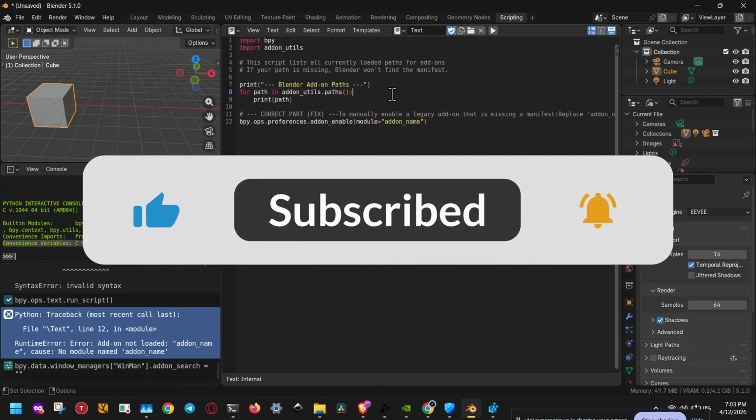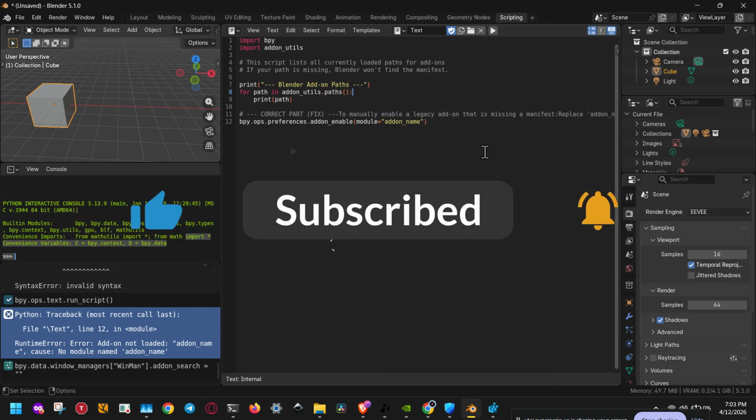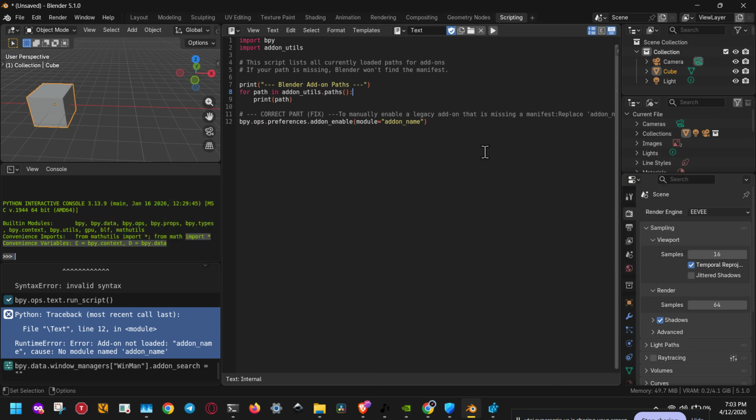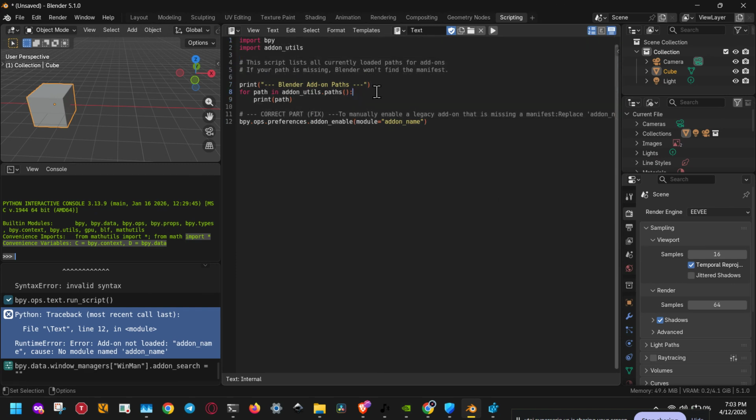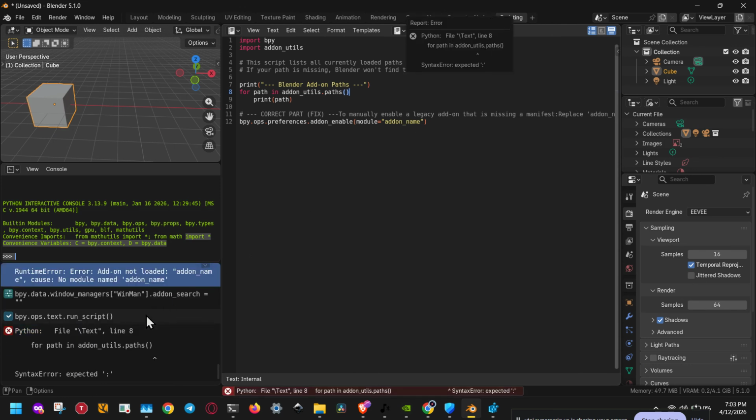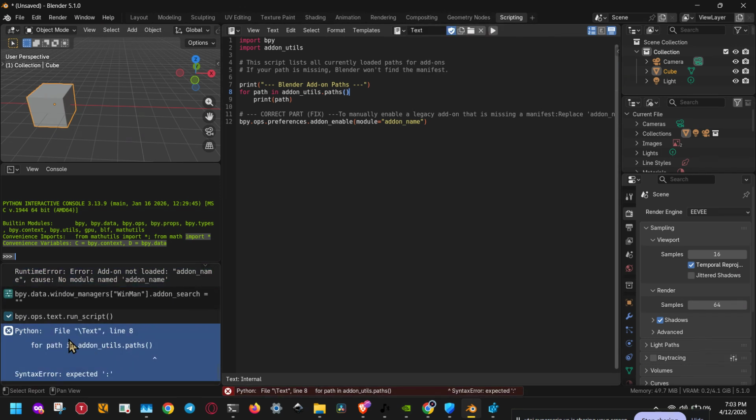First, open Blender and go to the scripting workspace. From there, you'll want to check the text editor and the console because that's where Blender usually shows the exact syntax error message. A syntax error means Python doesn't understand something in your script. That could be a missing bracket, a missing quote, or a wrong indentation. Even a small typo can stop the script from running, so the goal is to find the exact line causing